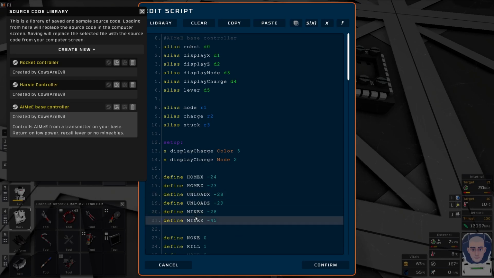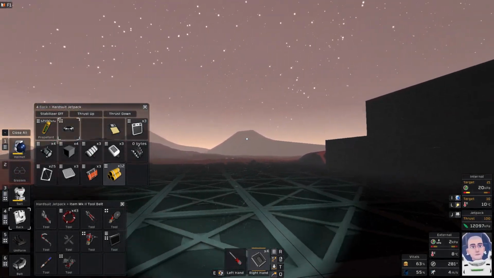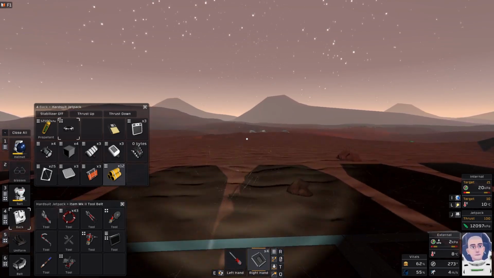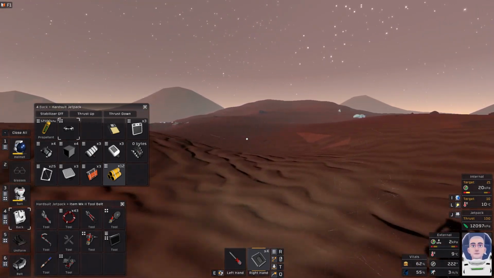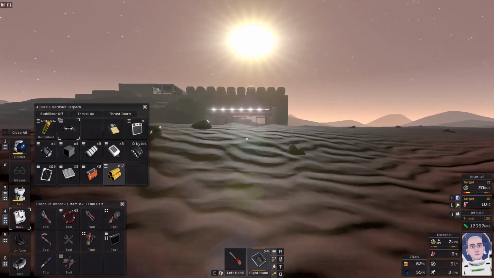Alright, then we have the mining coordinates, which what we need to do is find a location somewhere out here for AimeE to go mining. It needs to be away from the base because I don't want AimeE to mine underneath the base. I just have to figure out how I'm going to do this. The other thing I have to worry about is...